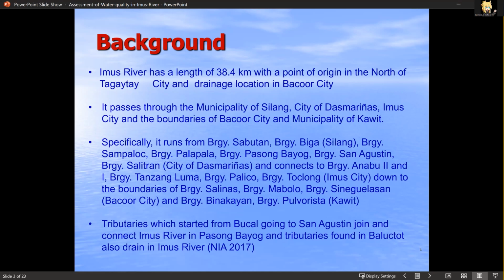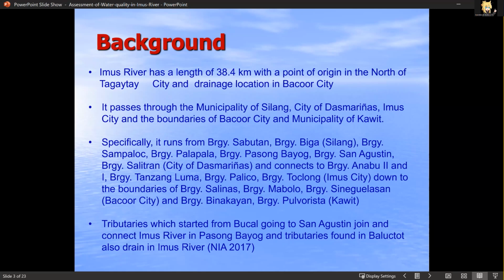Imus River has a length of 38.4 kilometers, with a point of origin in the north of Tagaytay City and drainage location in Bacoor City. It passes through the municipality of Silang, the city of Dasmariñas, Imus City, and the boundaries of Bacoor City and the municipality of Kawit. Specifically, it runs from Barangay Sabutan, Barangay Biga in Silang,